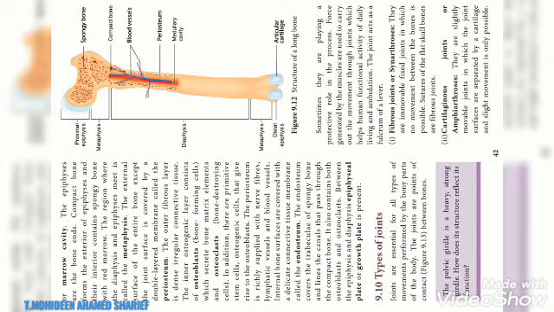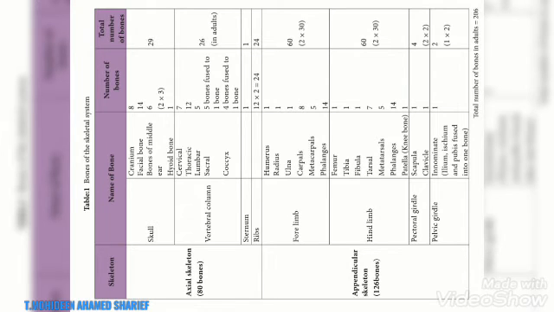The external surface of the entire bone, except the joint surface, is covered by a double layer membrane called the periosteum. Next, we will see about the types of joints. Joints are essential for all types of movements performed by the bony parts of the body. So in the picture you can see the bones of the skeletal system. It has been given in a tabular column.